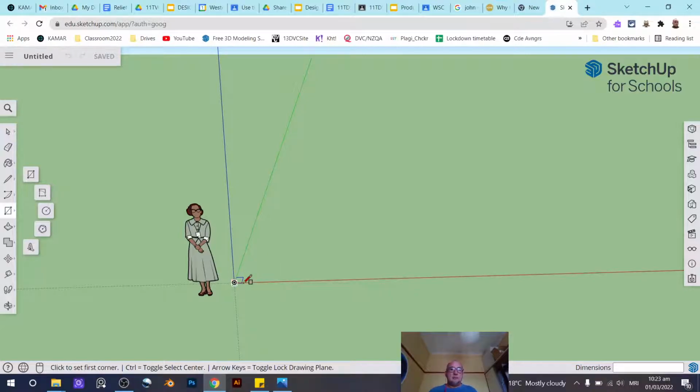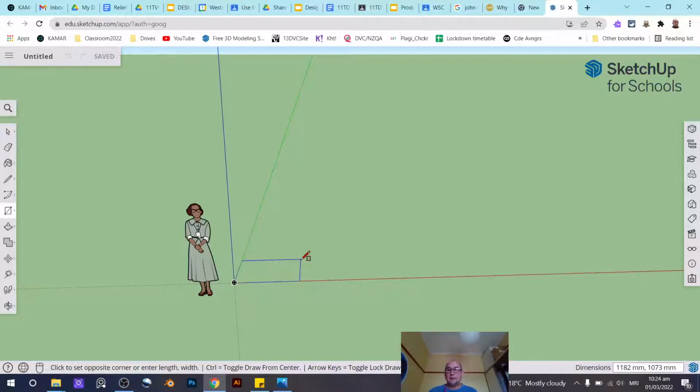In using SketchUp, whenever you use pretty much any tool, you're going to start by clicking somewhere on the screen once, and then you can see I've just let go of my mouse, so I'm just clicking once, to get the tool started. Then you can either click somewhere else to end the tool, or, and this is way more powerful, and this is what we're going to be doing, we're going to type in the number. Now, down in the bottom right hand corner of your